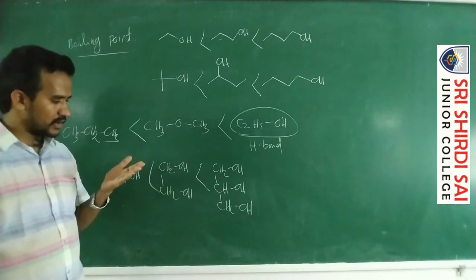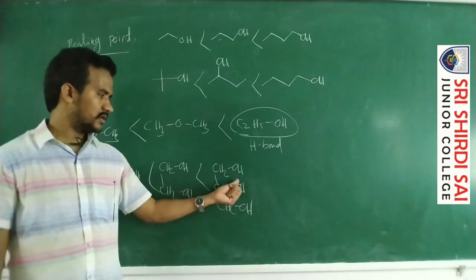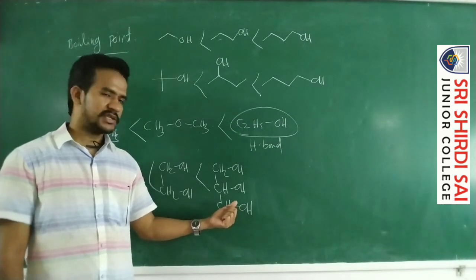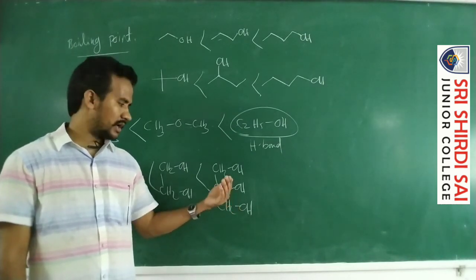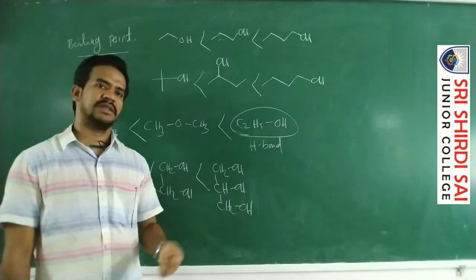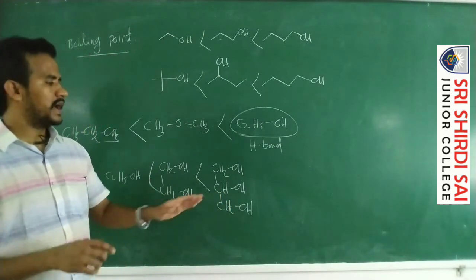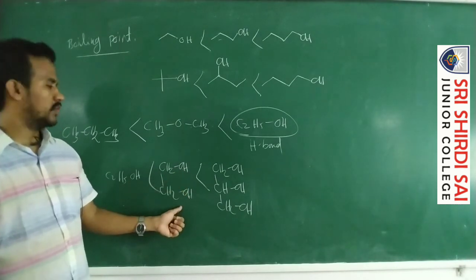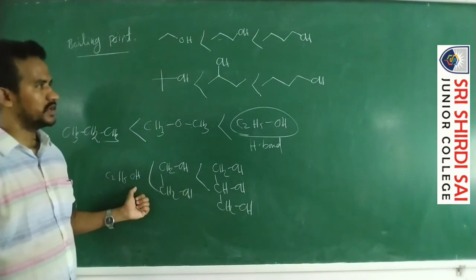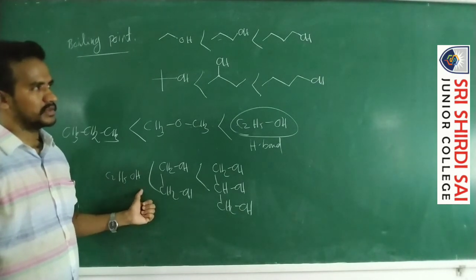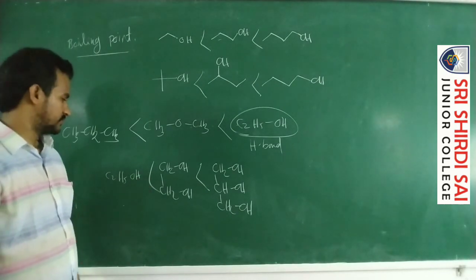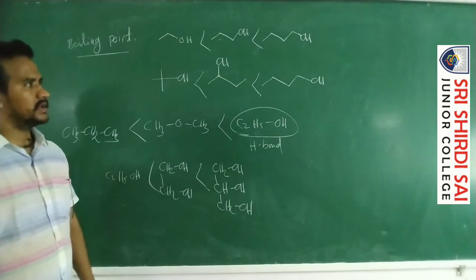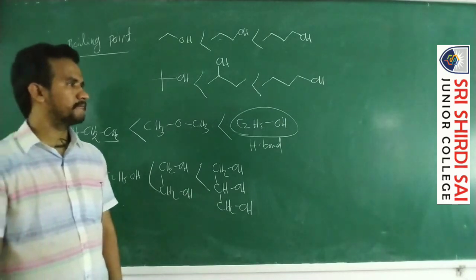So generally, why does glycerol have a higher boiling point? Because in this case 3 OH groups are present. These 3 OH groups are involved in hydrogen bonding. As a result, there is great association among the molecules. You know that glycerin is a highly viscous liquid. So this one has a higher boiling point due to the higher extent of hydrogen bonding. In glycol, 2 OH groups are involved in hydrogen bonding. In ethyl alcohol, only 1 OH group is involved in hydrogen bonding. So there is a lesser extent of hydrogen bonding, that means less association of the molecules. Okay, so glycerol has a higher boiling point and is a highly viscous liquid. Okay, write down.